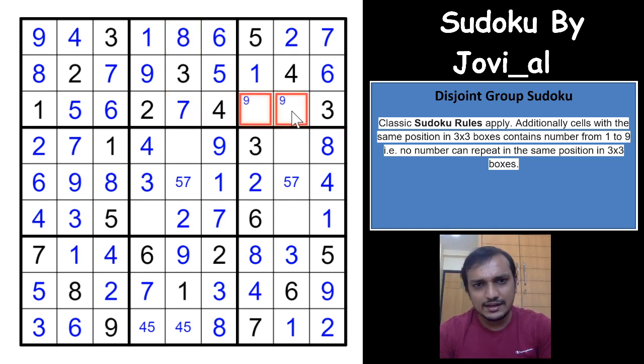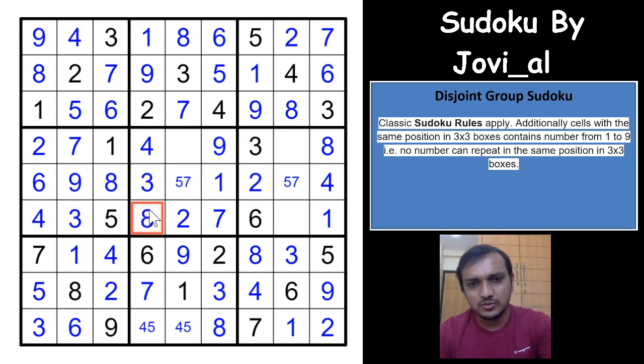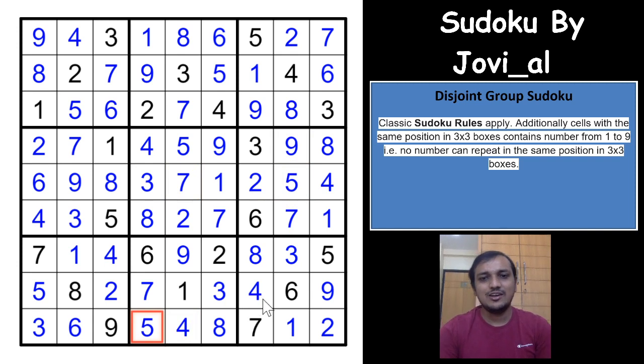These two cells are 9 and 8, right? So this becomes, oh sorry, this becomes 8, this becomes 9. Okay, and these are 5, 7 and 8, so this becomes 8, these two are 5 and 7, and that gives you a 5 here, a 7 here and a 9 here, and that completes this Sudoku with 4 and 5 at the end. Wow, what an excellent and fun Sudoku, guys.